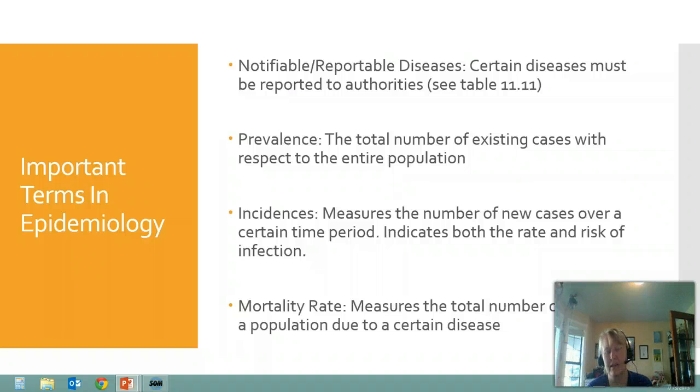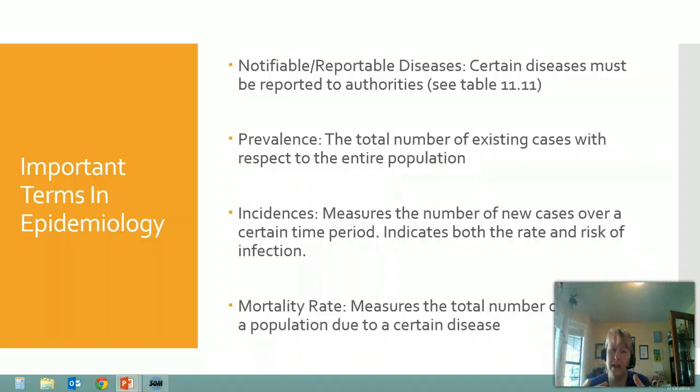Now this is in comparison to incidence. Incidence is a snapshot of a time period. This is the key to incidence: it's how many cases we have over a specific period of time. If this number is high, then that means that we may be seeing an epidemic or some kind of outbreak. So that's where incidence helps. So remember, incidence is almost a time point. It helps us look at a number of cases over a certain period of time.